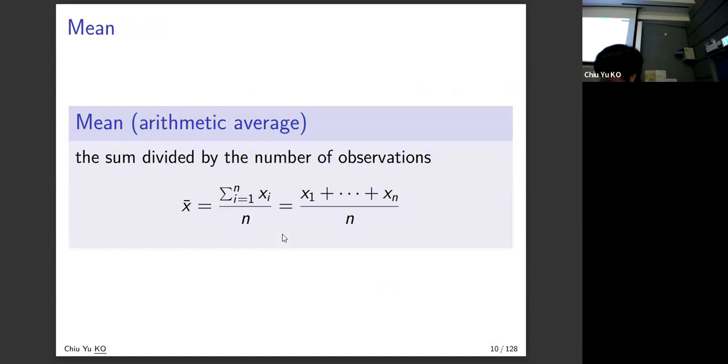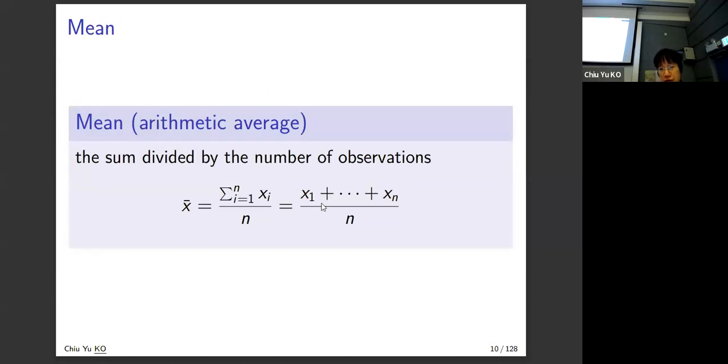Now we start our three measures of central tendency. The first one is called the mean, sometimes referred to as the arithmetic average. It is very simple: it's just adding all observations and dividing by n. But make sure that you understand the meaning of this. When you add something, the addition should be meaningful. For numerical data, that is meaningful. When you try to add, say, likelihood scales or gender, that will not be very meaningful.